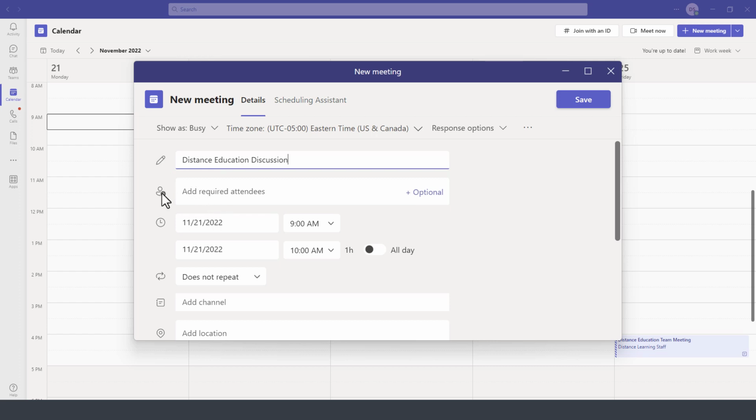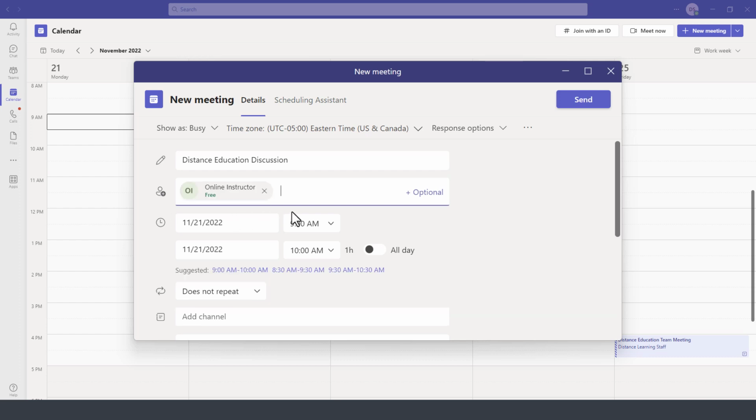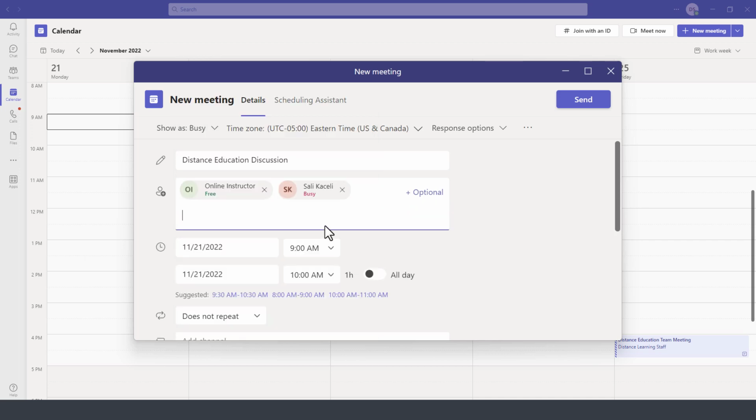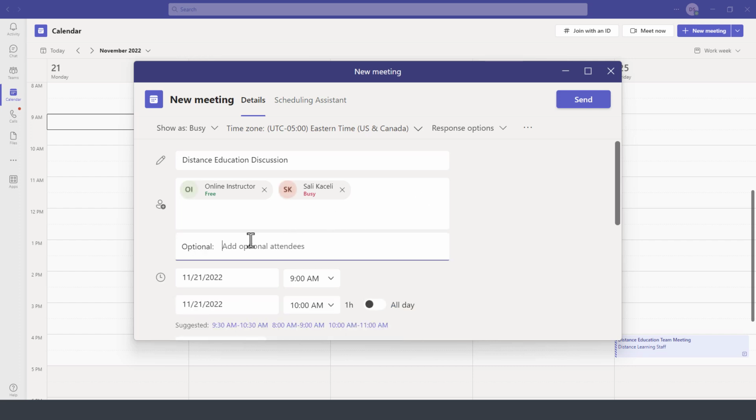Next, I need to add the team members or the required attendees. So I search for them. It gives me also a status of that particular team. And that status is for the time at this point when I'm looking it up. It's not going to be for Monday in this case. If I wanted optional attendees, I can click on this Add button and then add the optional attendees here in